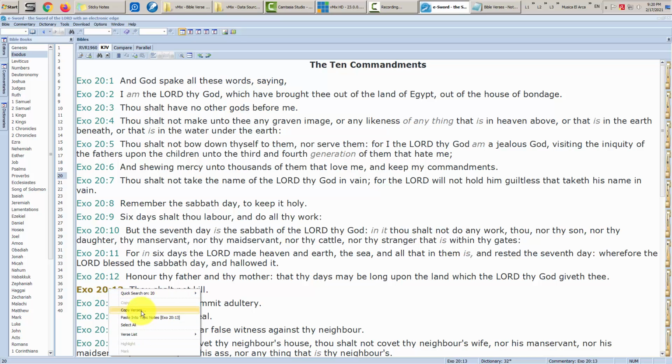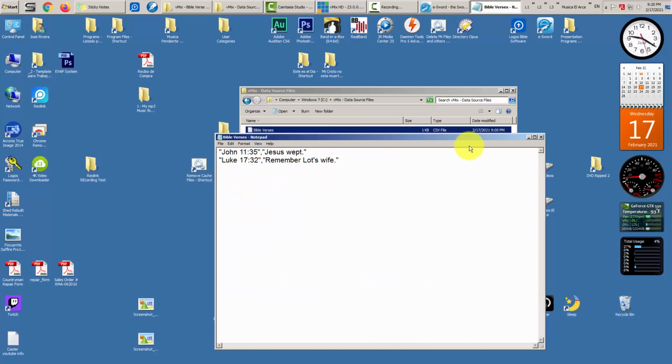Okay, let me do the same thing, copy verse, copy here, minimize that. Oops, let me hold on one second. It's not right for some reason. Let me see, paste it. For some reason. Okay, now. So quotation at the beginning, quotation at the end, comma, open quotation again. Take any blank space out and finish with the quotation. Hit enter. Okay, and then I got Exodus